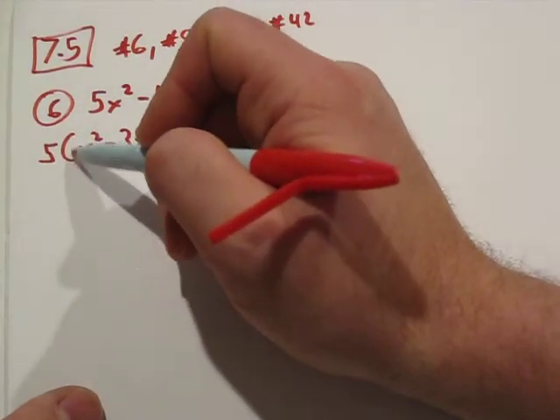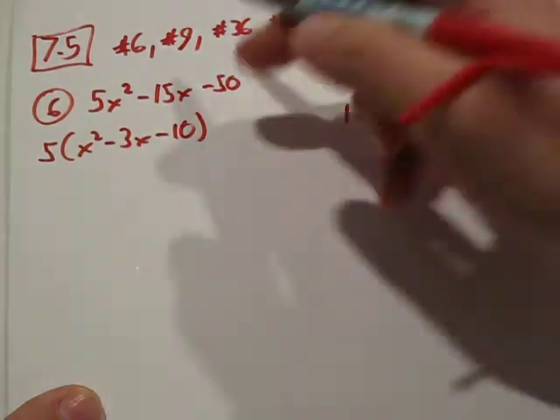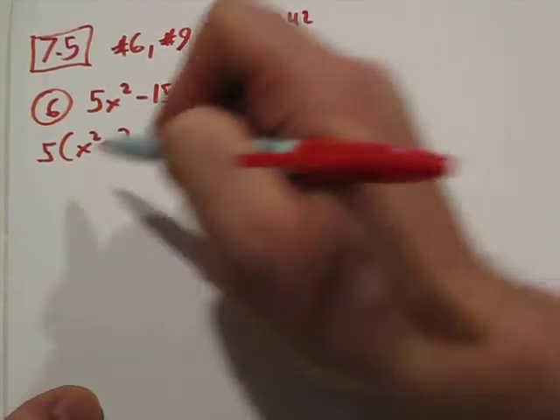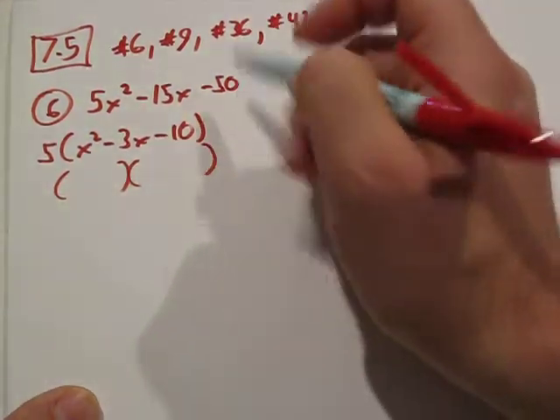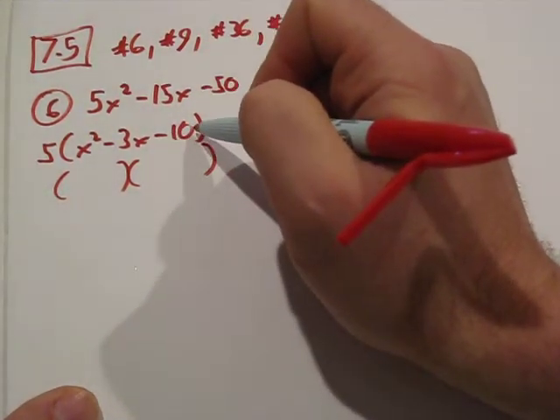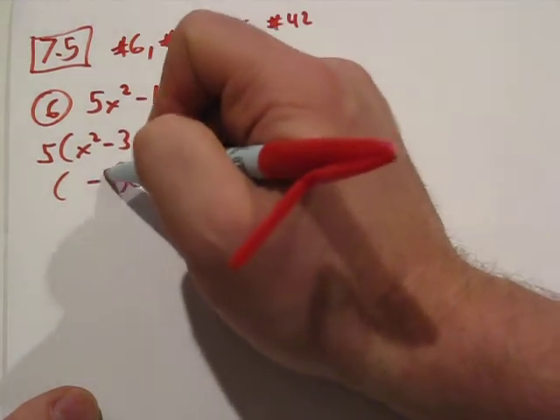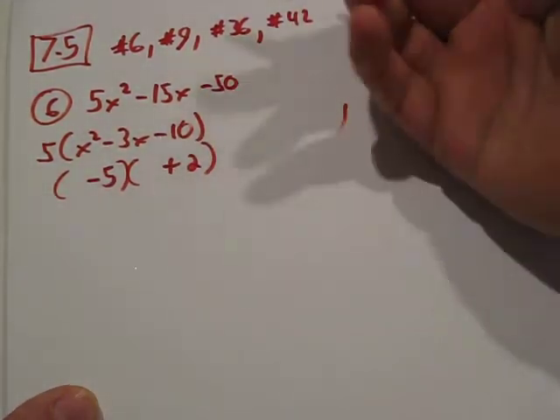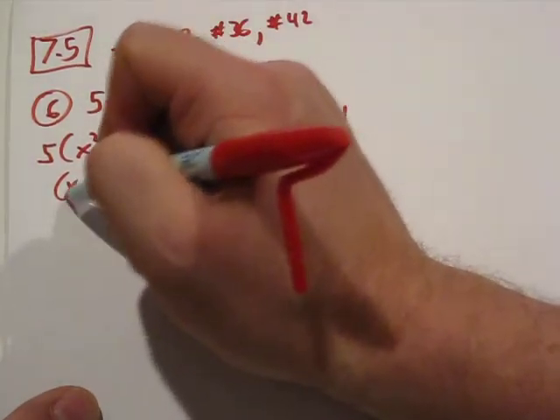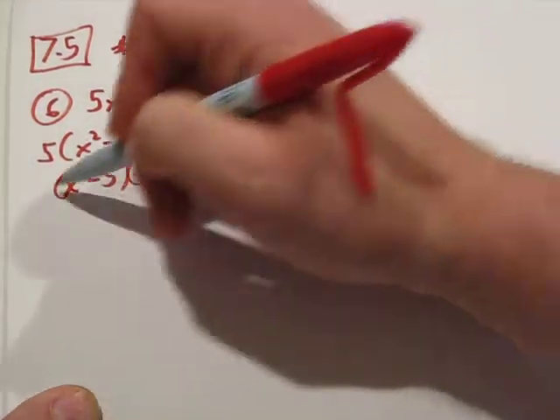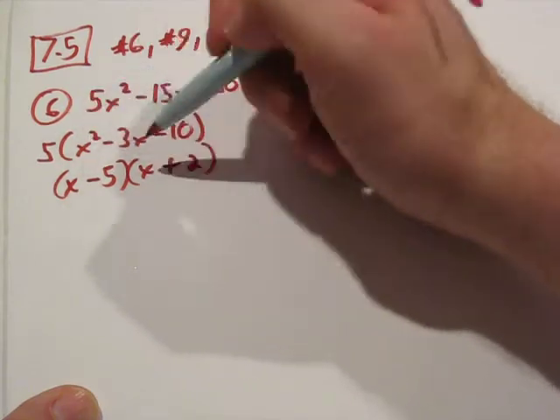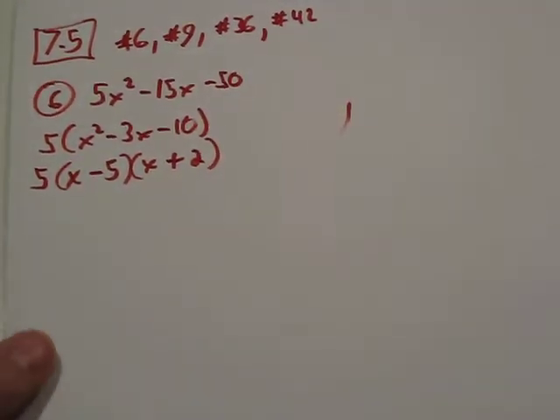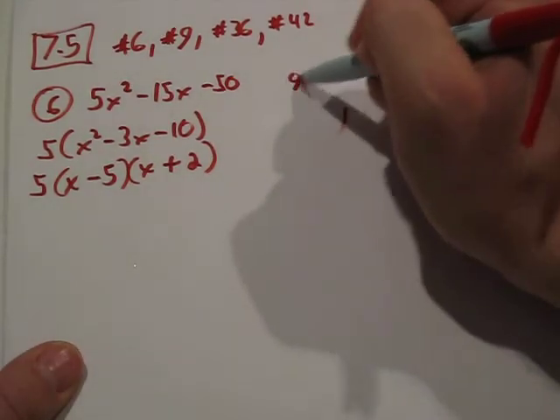We check to see if the number in front is a 1, and it is. Therefore, we can just see what 2 numbers multiply to make negative 10 and add to make negative 3. Without listing those numbers, I can tell you that negative 5 times 2 gives us negative 10, and if I add those up, it makes negative 3. The x's go here because it's an x squared, x and x, because of the foil. And the 5 gets dropped down. That's problem number 6, and it doesn't take long before the problems get a lot more tricky.